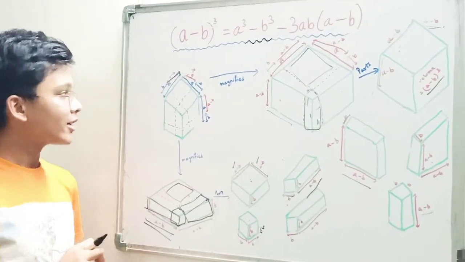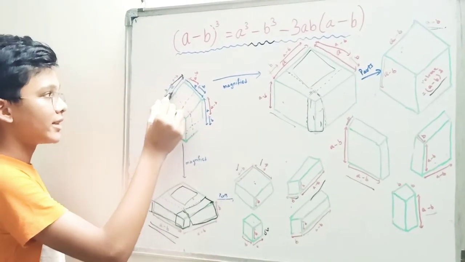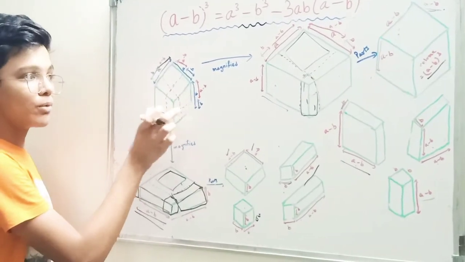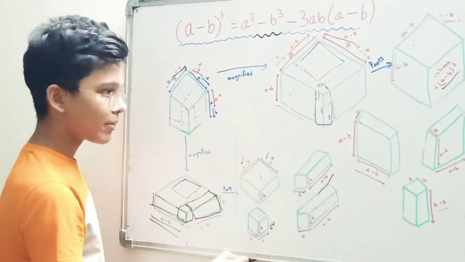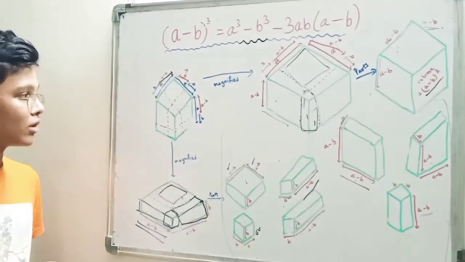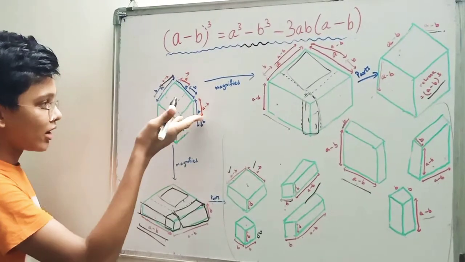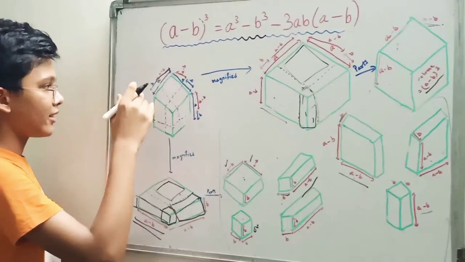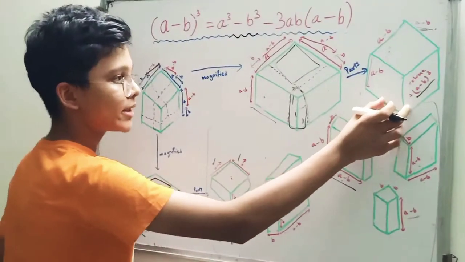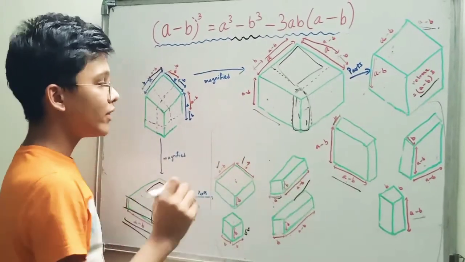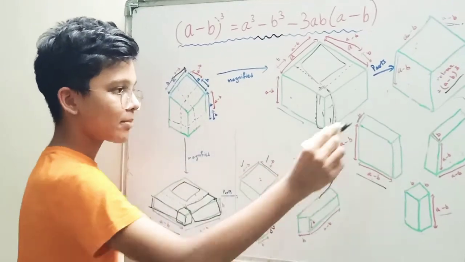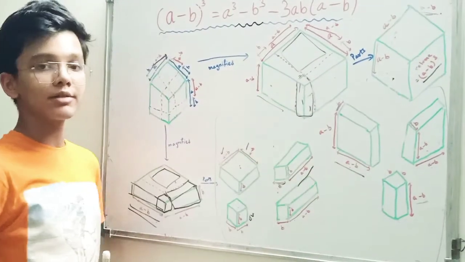Now how will we find that? As the whole was a cube, this whole portion minus all the subparts will give us a minus b the whole cube, because this was cut, and like this was cut. So what will be left is a minus b the whole cube. And how will we obtain it? A cube minus all the subparts will give us a minus b the whole cube.